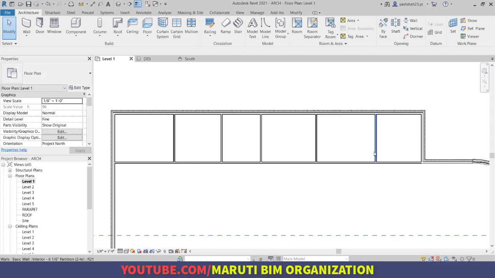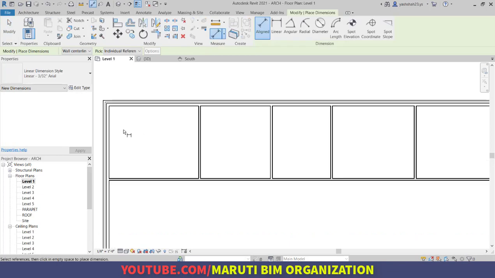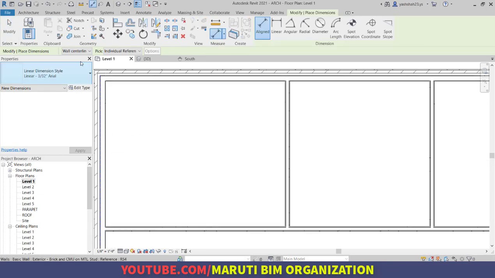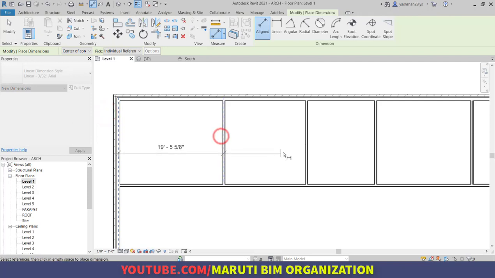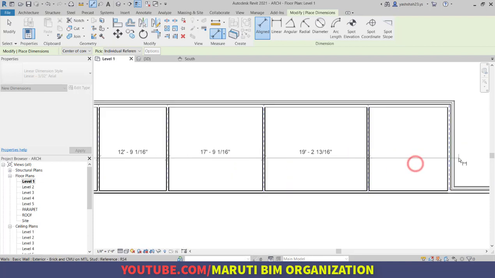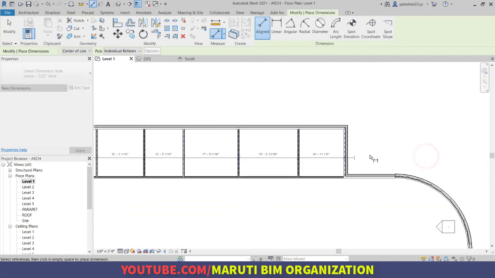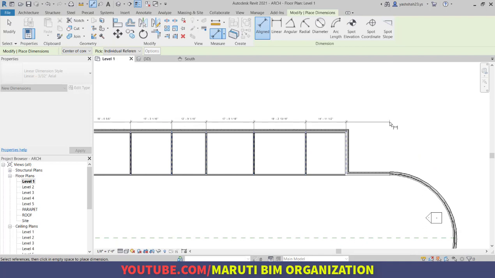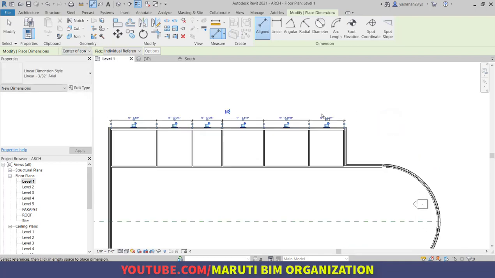Now, what is the great thing in Revit? If you want to equalize all the items, dimensions play a very important role in this aspect. So I will type DI. This is my first point of the dimensioning, and make sure the dimensioning is to wall centers. So this is your center, this is also your center, and continue clicking all the way up to here. Now click somewhere outside here so that the dimensioning exits.